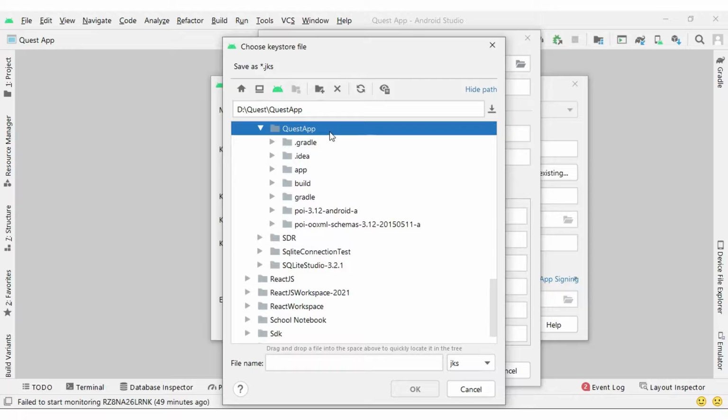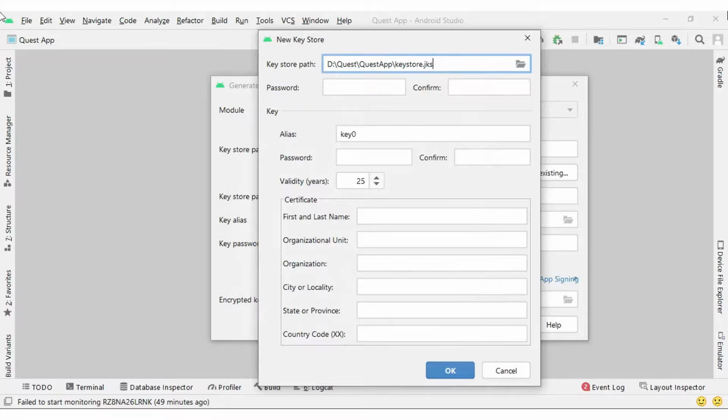So this is the folder of the Android application I have, and the file name I have given is keystore.jks. Password, you can provide whatever you want, and alias name you can provide anything. Password again, I generally prefer to keep both passwords the same, so there is no chance to forget it. And here I am going to provide the first name or last name, that is Zion, and simply click on the OK. Other things are optional, so I just ignore every other field and click on OK.